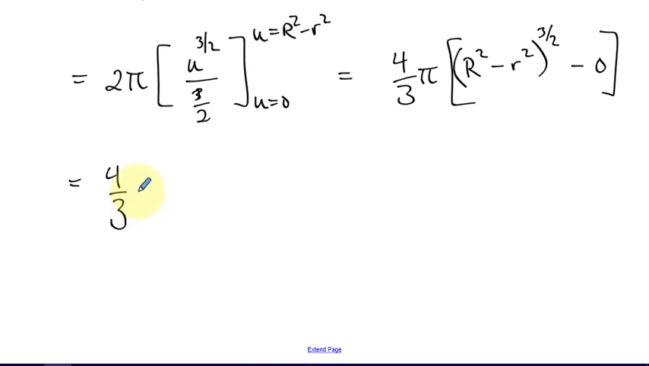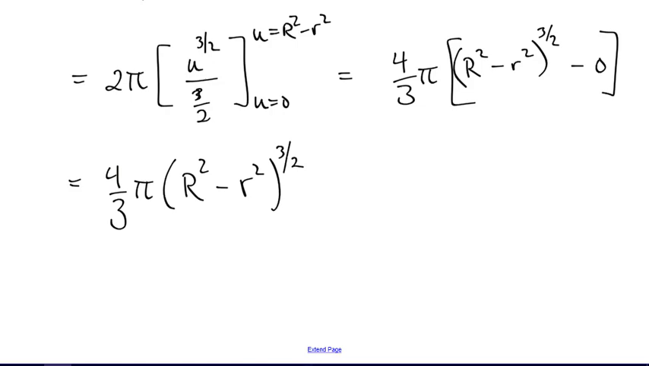So right now we're looking at the volume is 4/3 pi big R squared minus little r squared to the 3/2 power. So that's a good formula to calculate the volume if you knew the radius of the sphere and the radius of the cylinder drilled through it. This would tell me the volume. But there's a little more. The question specifically said